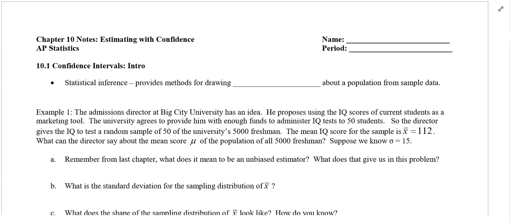Hey, AP Statistics. We're going to talk about Chapter 10, and this is the intro to confidence intervals. To start off, we're going to do a little bit of review and build into how last chapter applies to what we're going to learn this chapter. This section starts what's called statistical inference, which means that we're providing methods for drawing conclusions